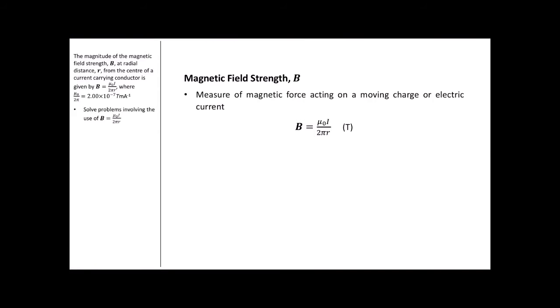That's equal to 2.0 by 10 to the negative 7 Tesla meters per ampere. In stage 2 physics, you'll be expected to be able to solve problems involving the use